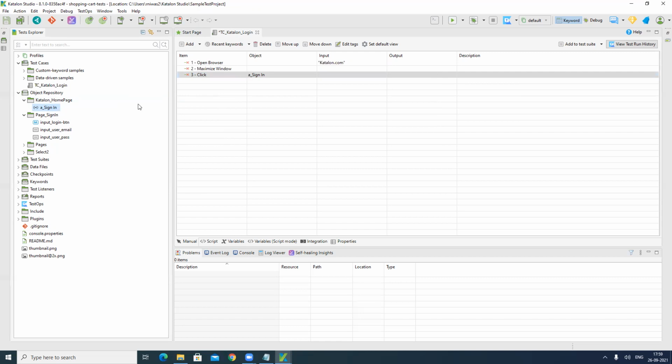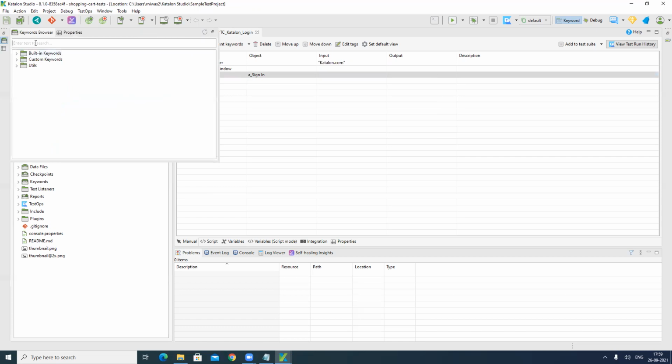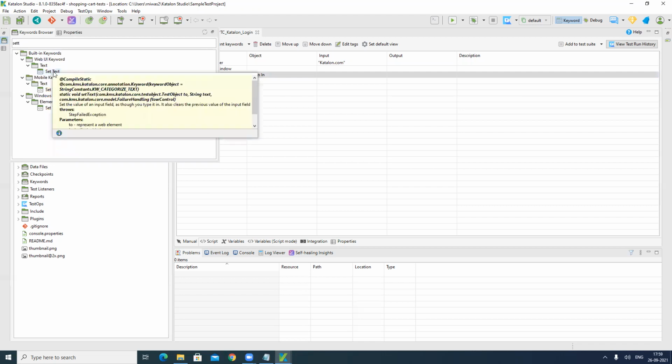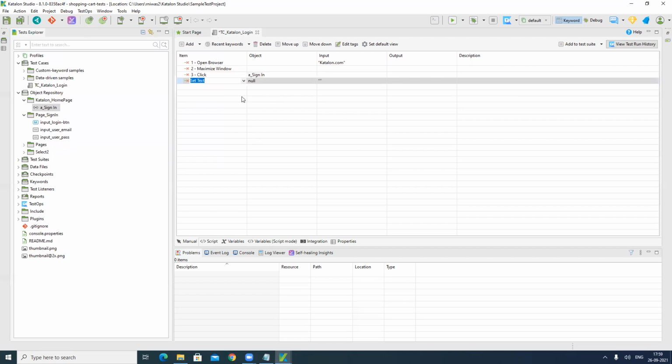There is another way to add a keyword: you can see this keyword browser. Simply search here for what you want. We want to set our text as email ID, right? So set text. Simply drag and drop it into your manual mode.